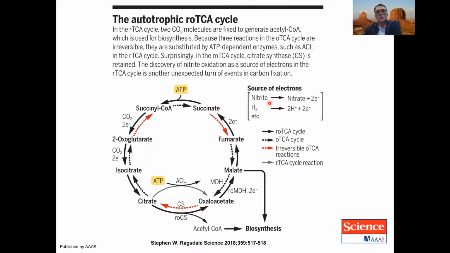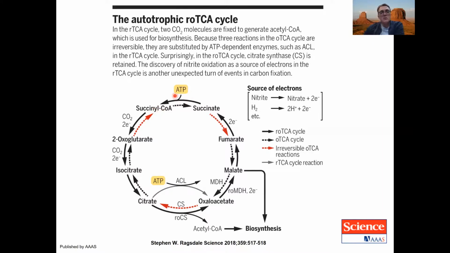So the more you remove electrons from nitrites, those electrons actually are used in this case to feed into the counterclockwise version of the TCA cycle. You do have to provide some ATP to reverse a couple of reactions, like succinate to make succinyl-CoA. We have it in reverse in the canonical TCA cycle.